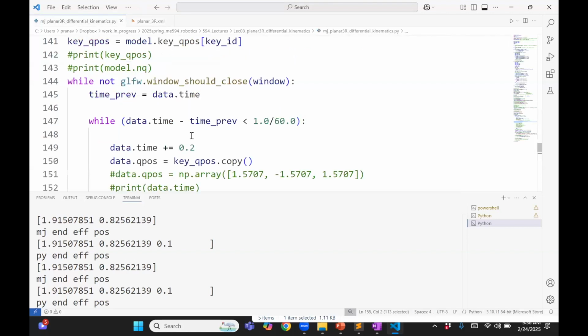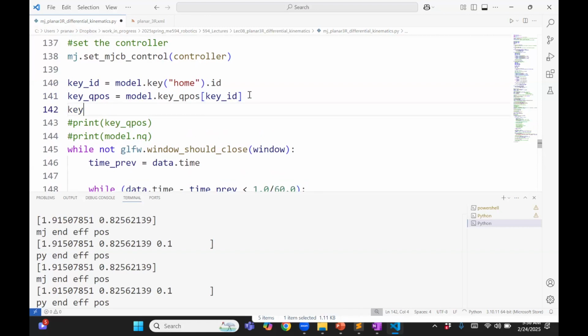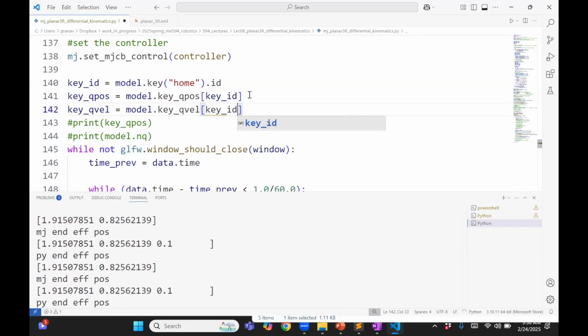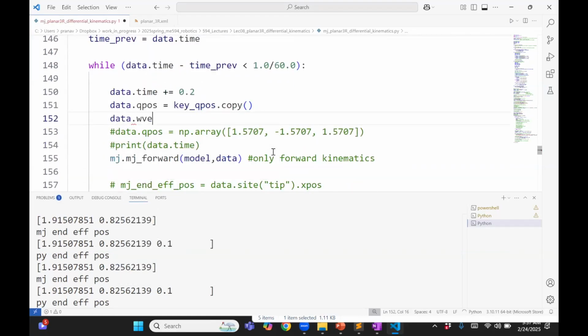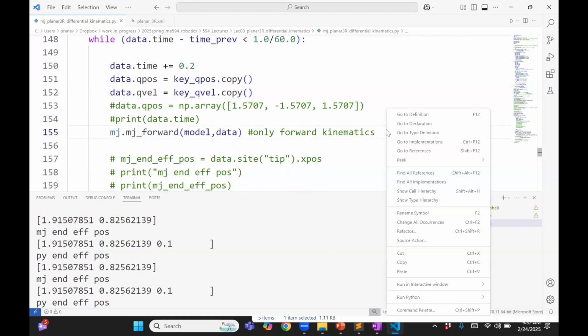We go back here, and then we access it the same way we accessed the velocity. qvel equals model.key_qvel. Now, this is something which you can get from the documentation, why it is model.key_qvel. That's how you get the velocity. So once we get that, I'm just going to copy it. q dot equals qvel.copy. And then now that I have the velocity and position set, I'm going to create my